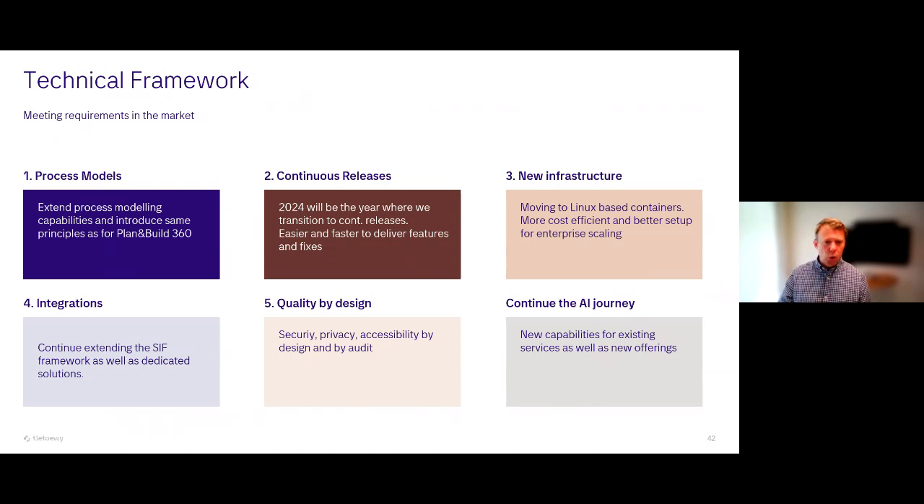Then we have this area called quality by design. By quality by design, I mean this is both about security and privacy by design, but also about accessibility by design, and by audit. So our processes support that we check for security, privacy, and accessibility already when we design the solution, but there is and will be even more official audits to ensure that we comply